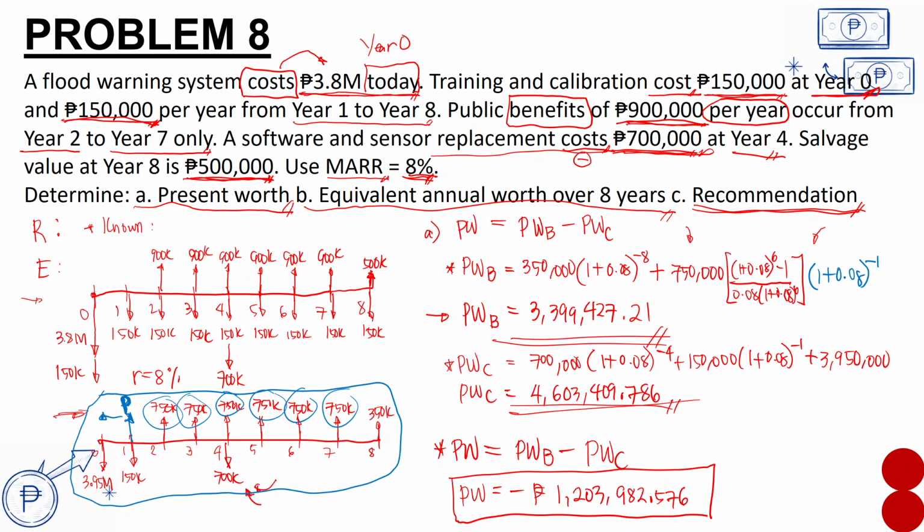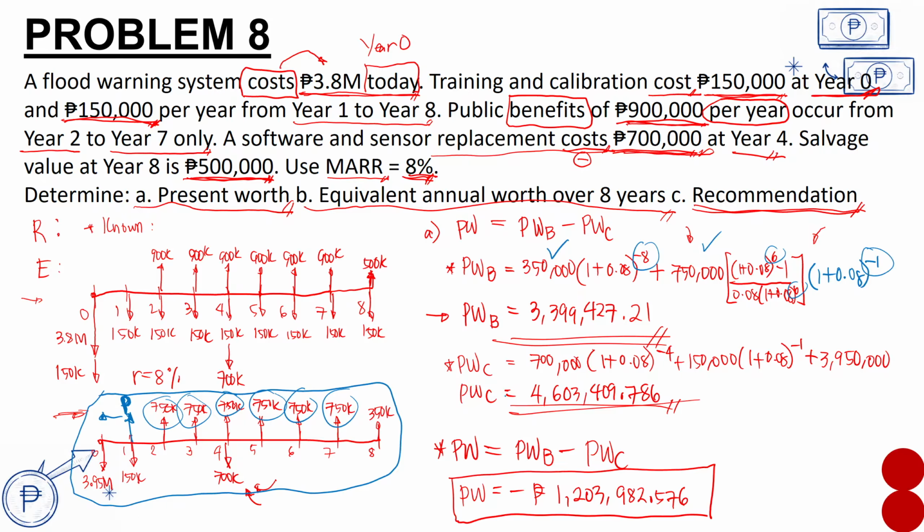Now, next is we examine if we have solved this correctly. So you check if you have included in the benefits the salvage value. Yes, we have our salvage value and we also have our annual benefits. Are there any other items that we have forgotten? I think no. The years are correct. This one, and there, and here.